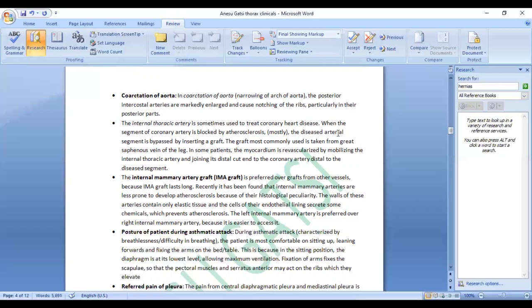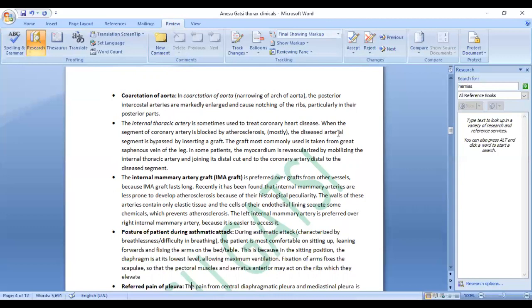This is because in the sitting position, the diaphragm is at its lowest level, so you allow for maximum ventilation. Remember, people who are asthmatic are actually having difficulty in breathing. So in this position, the diaphragm will be at its lowest level to allow for maximum ventilation, and fixation of the arms